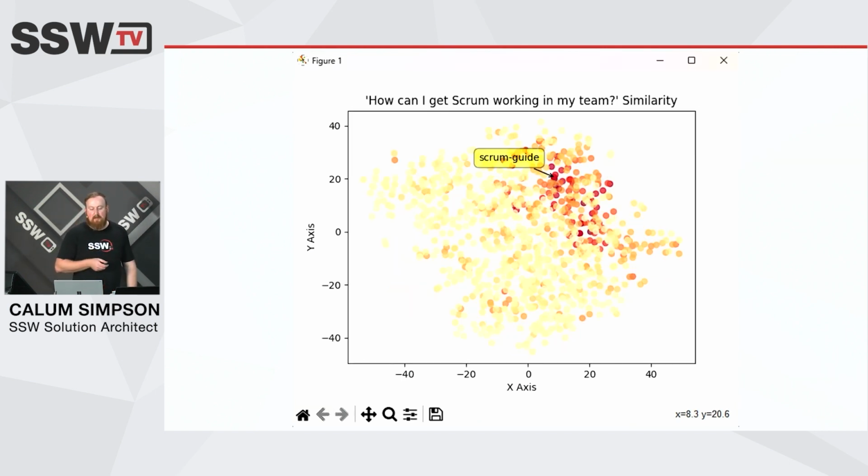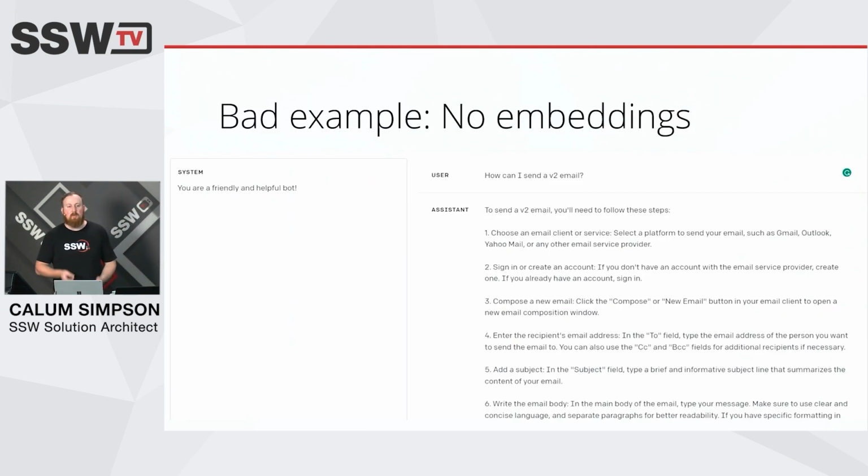So here's a bad example of what the chatbot does if you ask, how can I send a V2 email, and you don't give it any rule information. So this is the generic response. And you can see here, it explained what a V2 email is, right? It's what you do when you make a mistake in your first email and then you want to resend it. But the instructions that it gives me with no reference data is actually just instructions to send a normal email. So it doesn't understand what a V2 email is, and that's because it's something that we do at SSW. It's not like a commonly known thing that would be in the training data of the model, right? So that's why